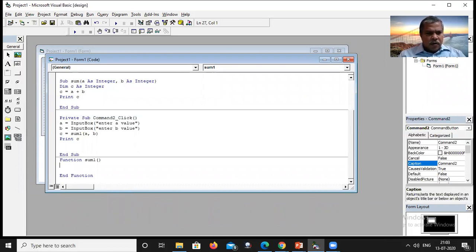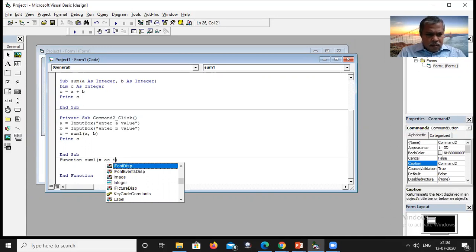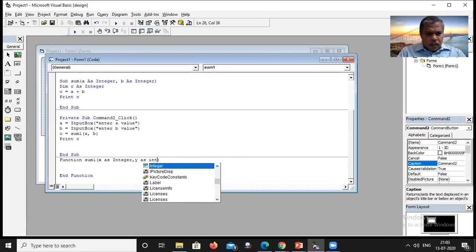Inside the function I have to write the arguments x as integer, comma y as integer.